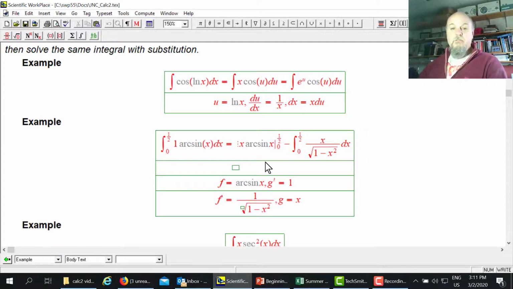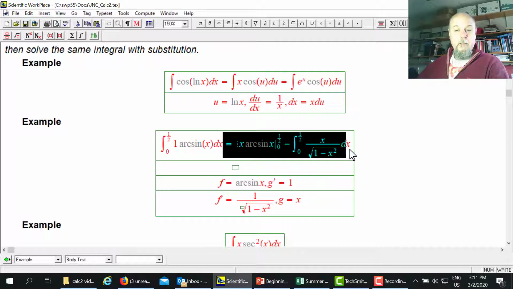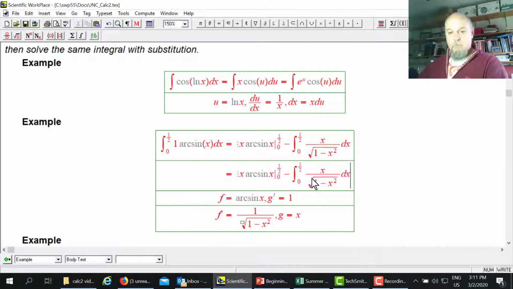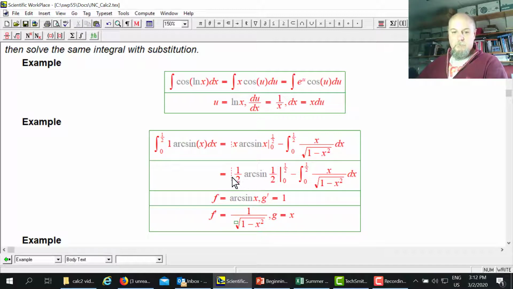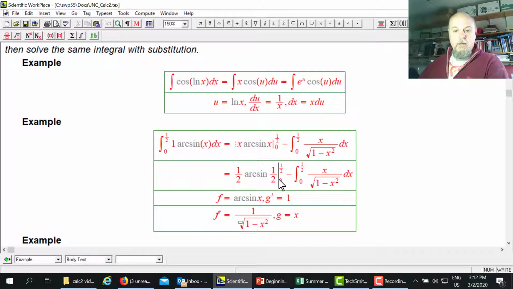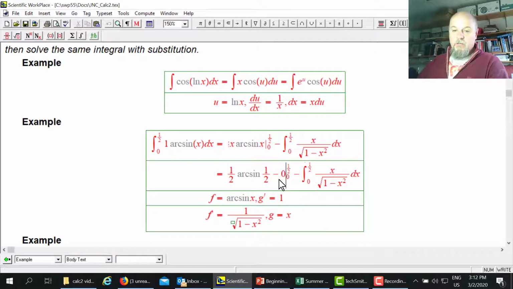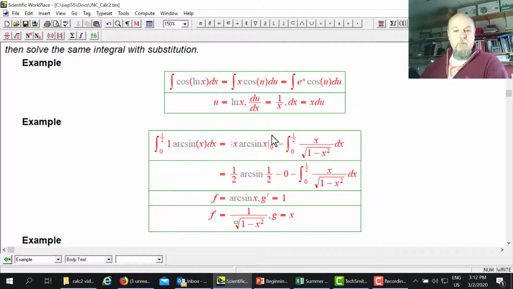So let's do first things first. When I sub the half in, that's going to be a half times the arc sine of a half, minus 0 arc sine, which is just 0. So there's subbing in the top minus subbing in the bottom for that. Arc sine of a half, we'll work that out in a minute. Now, can I do this integration? Yes, this integration I can do